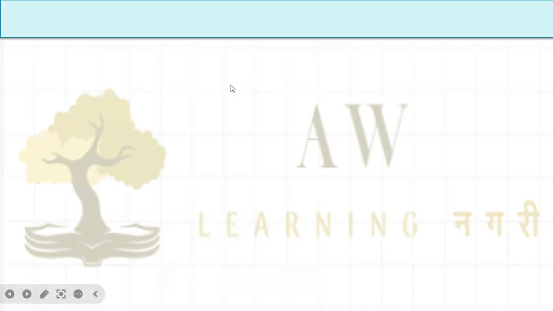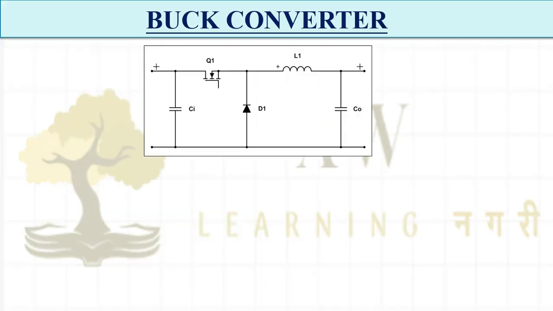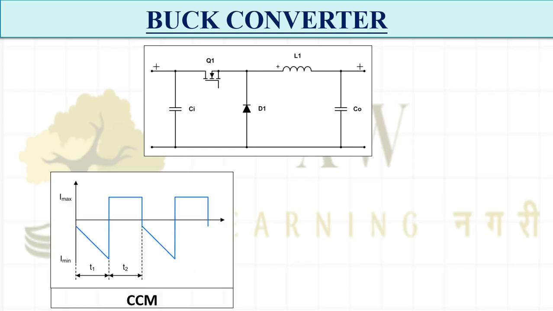First, we will see the buck converter. You know this buck converter figure, right? We have the switch at the terminal, and how its working happens we already know, as we have seen this in our previous playlist. Now, what is the behavior of the input capacitor current in continuous conduction mode? When the switch is on, the current is decreasing. T1 represents the turn-on duration and T2 represents the turn-off duration.